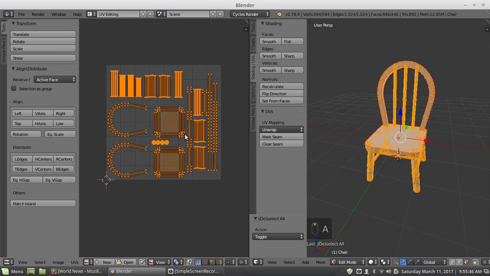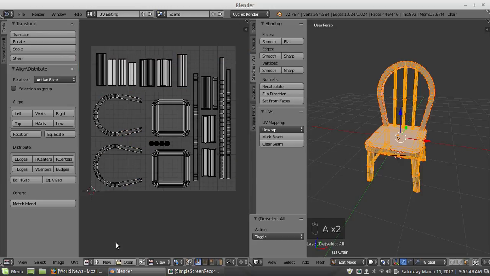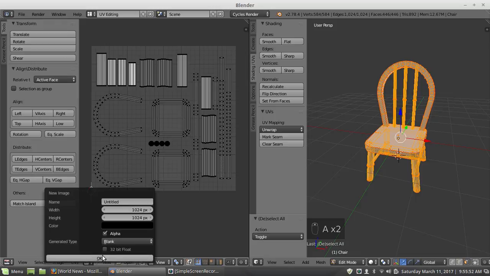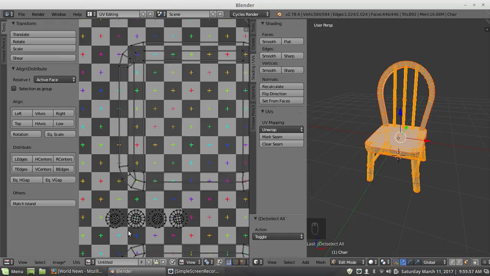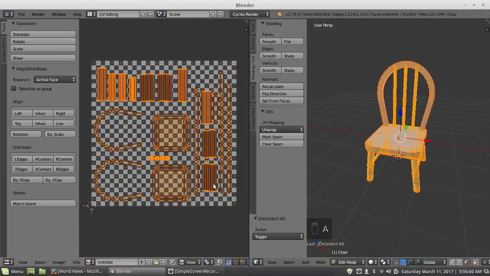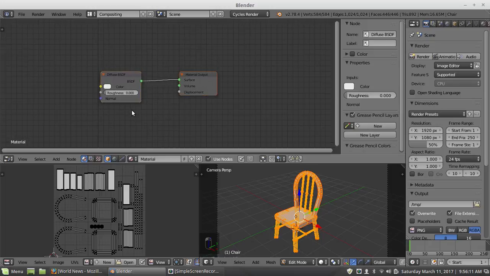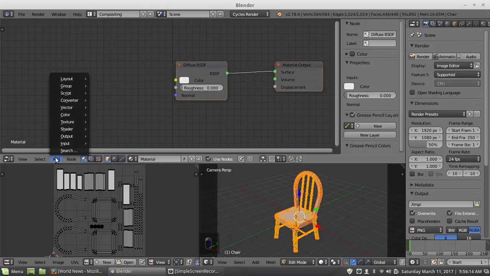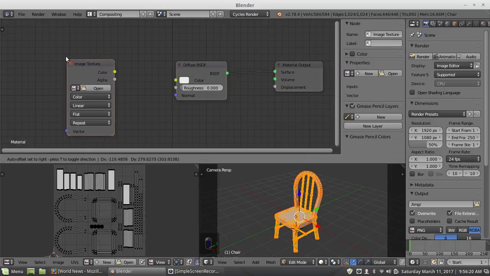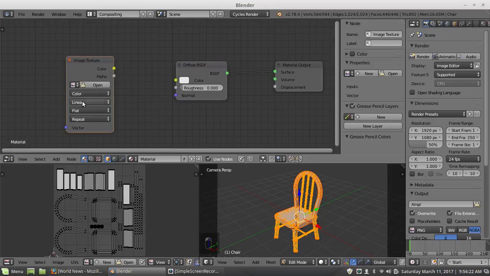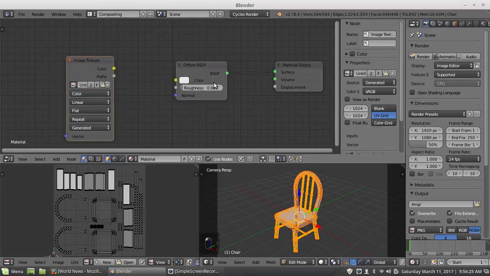So everything you see mapped should be stuff you see, and all I'll do is add a new texture, and I will make it a UV grid like so. And then I will go to shading for the UV, and we have the chair material selected. So what I'm going to do is add a texture, image texture. And you don't even have to connect the socket, it just has to be the one that's in there, and I'm going to set it to that untitled texture.